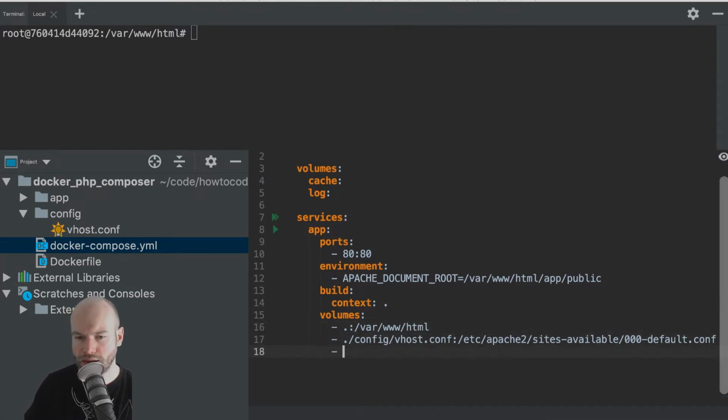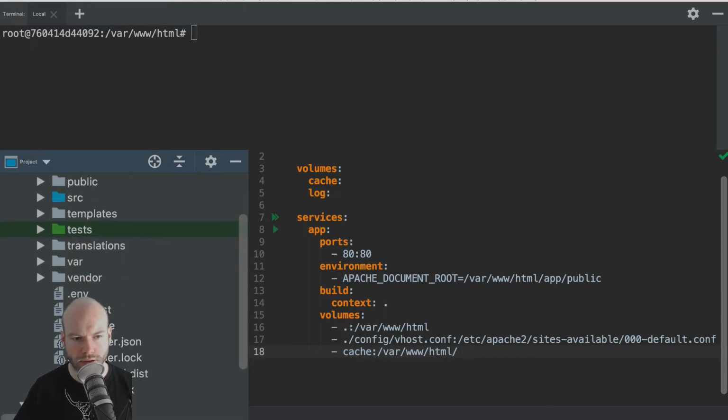If I can get my mouse over here. Right, you need to do it underneath. So we're going to make a cache volume, or we're going to assign the Docker volume cache to /var/www/html. I believe it's in, let's just double check. It's in app/var and then here.